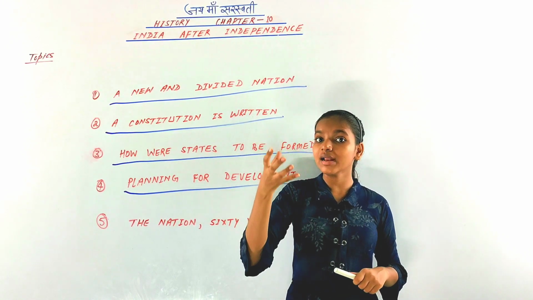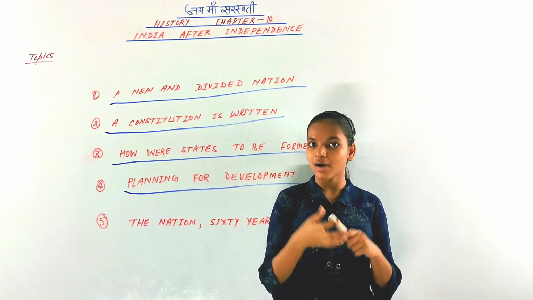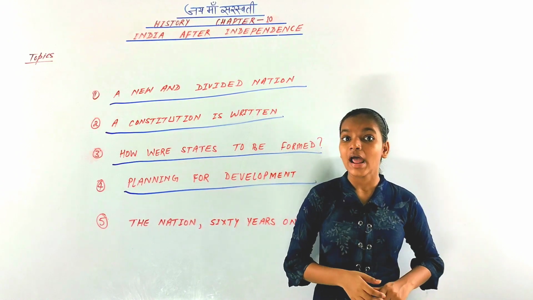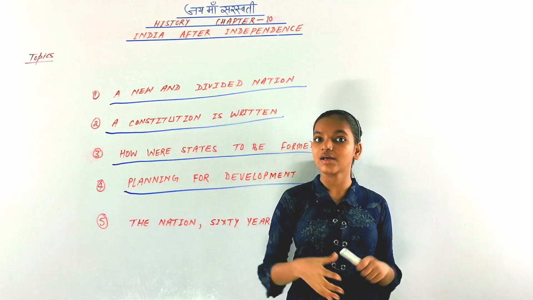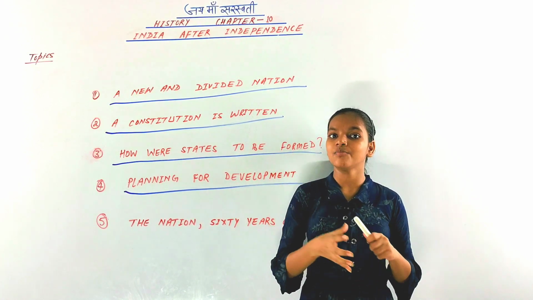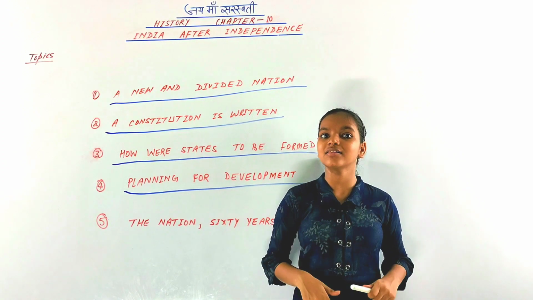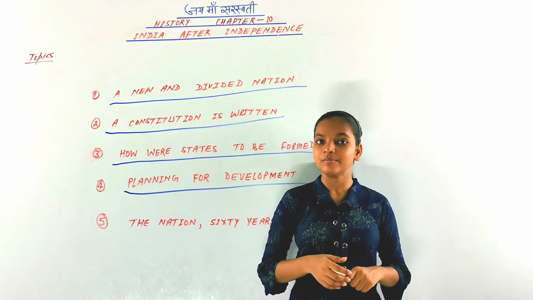That means the government and the private sector, which owns its own private markets, you can say private shops, had to work together. The Planning Commission's main objective was to supervise them, to make them work together, and to make plans for the development of India. That was the main objective of the Planning Commission.